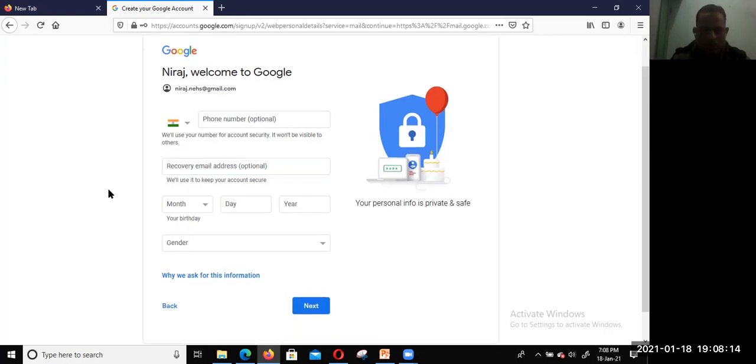You must enter a recovery email address, so that if you forget your password, you can recover your email account. This is important if you forget the password. The recovery email is also optional, and the phone number is optional.